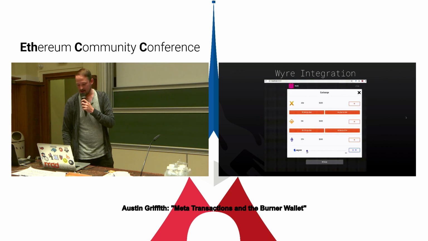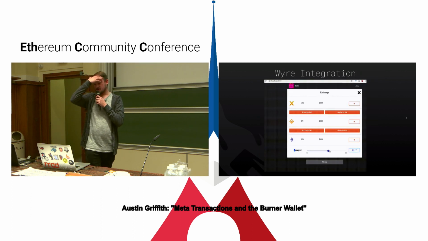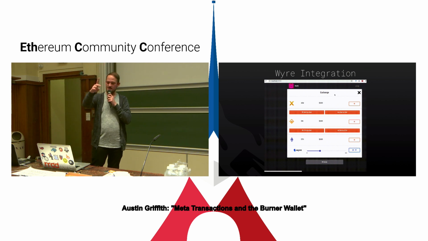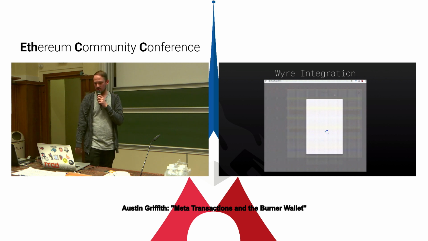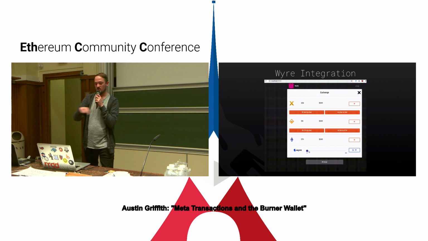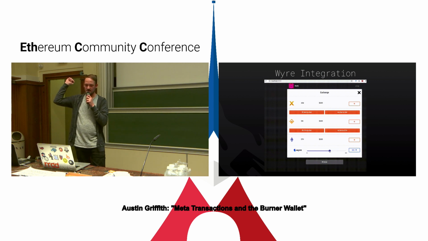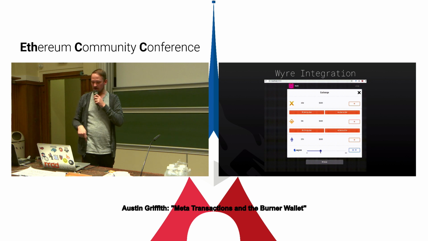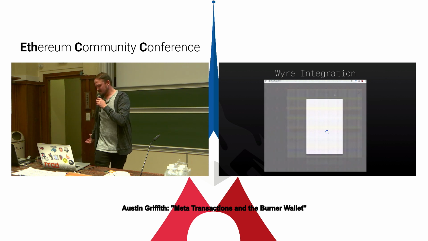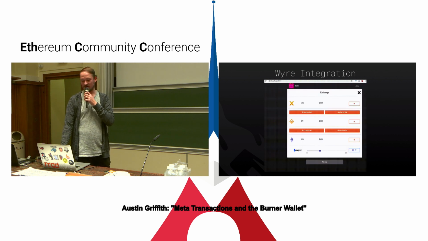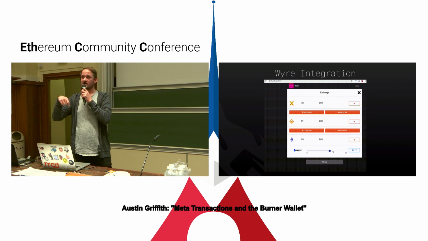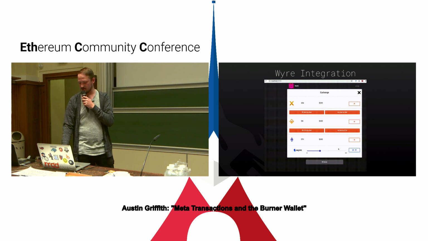And we're also looking at wire integration. So this is the exchange page. You can see that you can move XDAI to DAI and DAI to ETH. But even better, what would be cool is if you could use wire. Basically, you select, hey, I want to put my debit card in here, so I want to take $25 and pump that into my wallet, put in your debit card, probably a little bit of KYC, maybe your address and stuff. I'm not exactly sure, I haven't jammed through the widget yet, but it's going to be pretty simple and pretty awesome to be able to just pull up your burner wallet, throw in a debit card, and get 25 bucks that you can use in crypto.